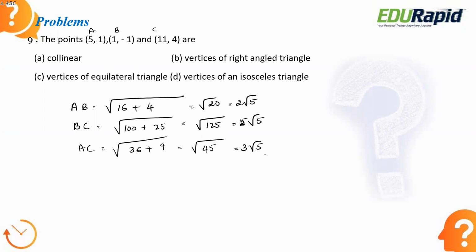What do I observe from this? I can see that 3 plus 2 is 5. So I can say AB plus AC is equal to BC. What condition does this satisfy? Is it right angled or is it vertices? Which condition does it satisfy? You can say that the points are collinear because for the sides, you see that AB plus AC is equal to BC. Right? So clearly the points are collinear to each other. Very good, Varsha.